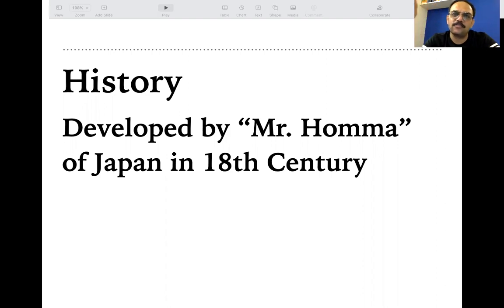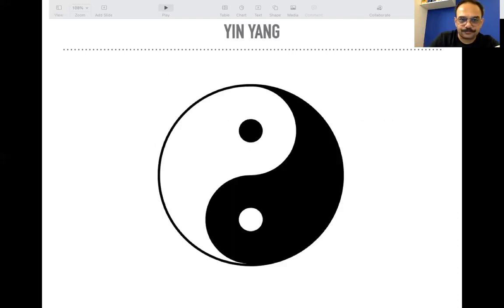So what he realized was, he developed the candlestick pattern, and he realized that there was some pattern in the candlesticks, and he started studying the candlesticks, and he was able to predict what will happen in the market next, and he was able to trade and make a lot of money. So what he developed was, okay, before we go to